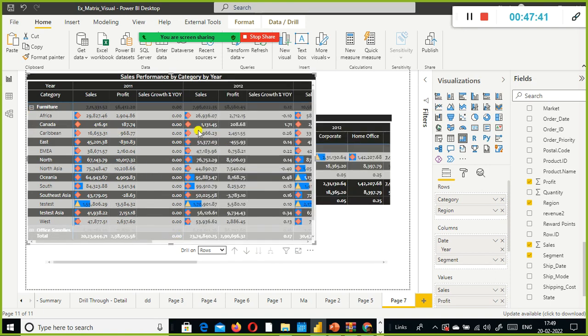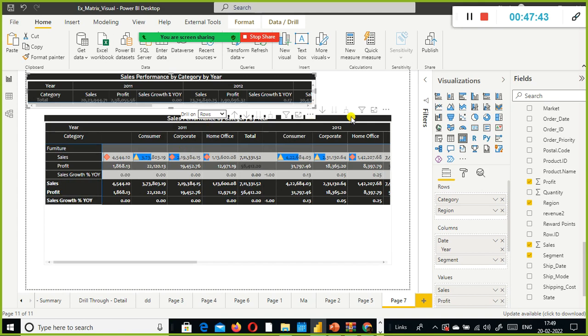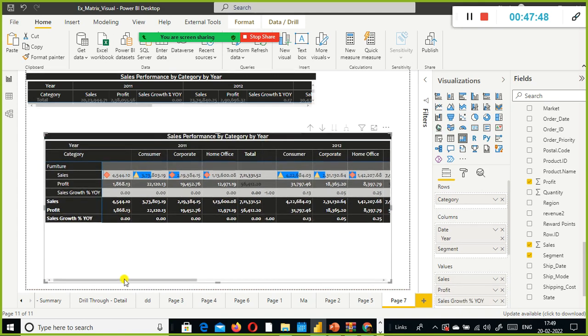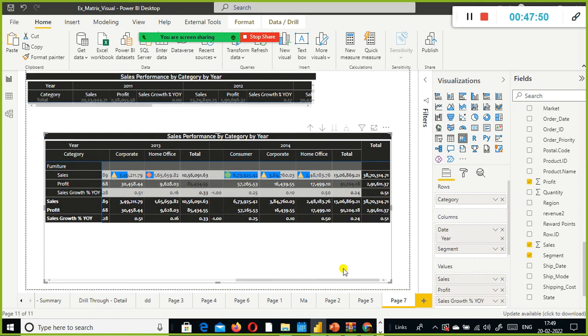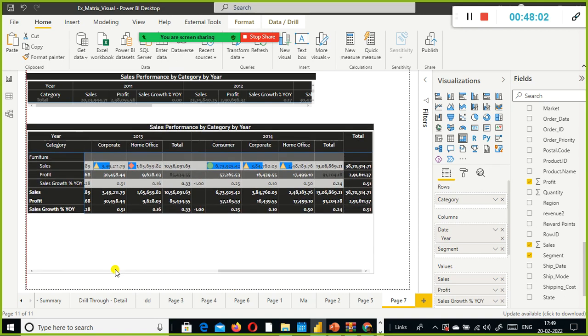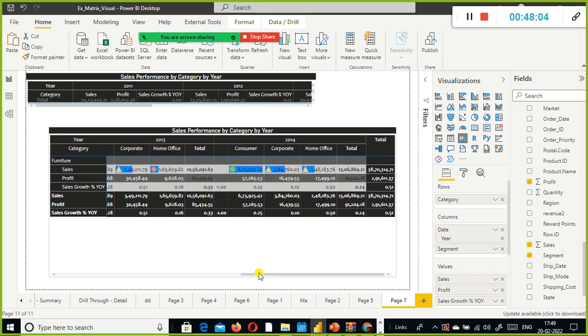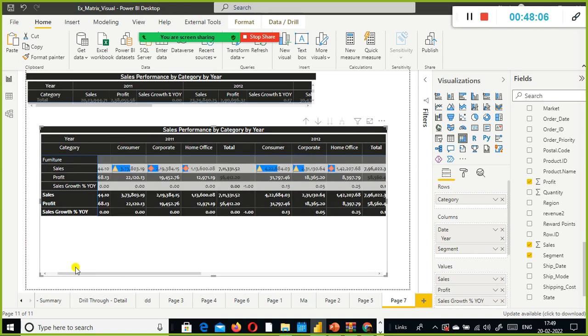In addition to that, it gives us the drill down, drill up functionality in aggregations. Look here, the aggregation is pretty awesome, isn't it? You don't have to write any additional measures in order to compute row level total and column level total. It automatically computes the row level total and subtotal, grand total, everything is possible with matrix. The possibilities with matrix are endless.